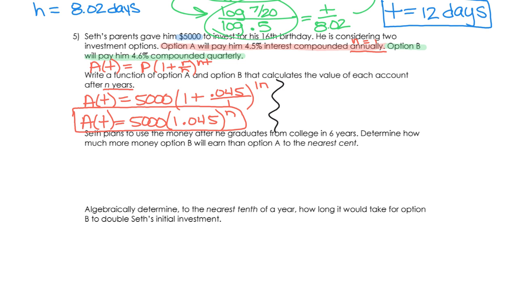All right, option B. We put that in green, so we'll do this one in green. This is compounded quarterly, so it's actually the same formula. So we'll say B of t, just so we can indicate that it's option B. Same amount we're putting in, 5,000. Same 1 plus. But in option B, what we have highlighted is 4.6%, so that'd be 0.046. Divided by